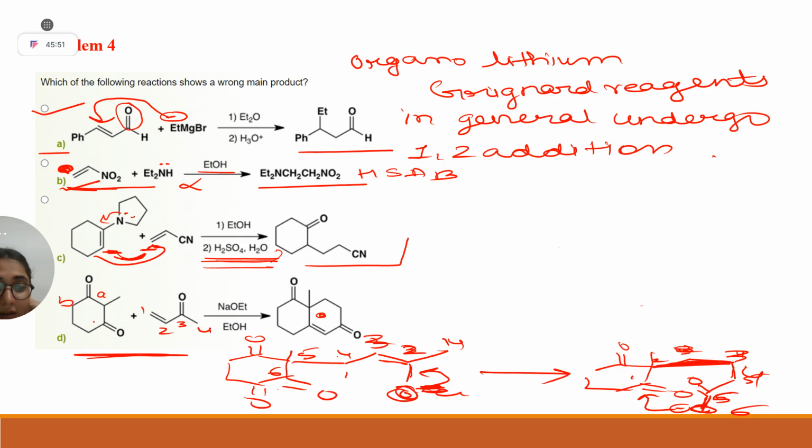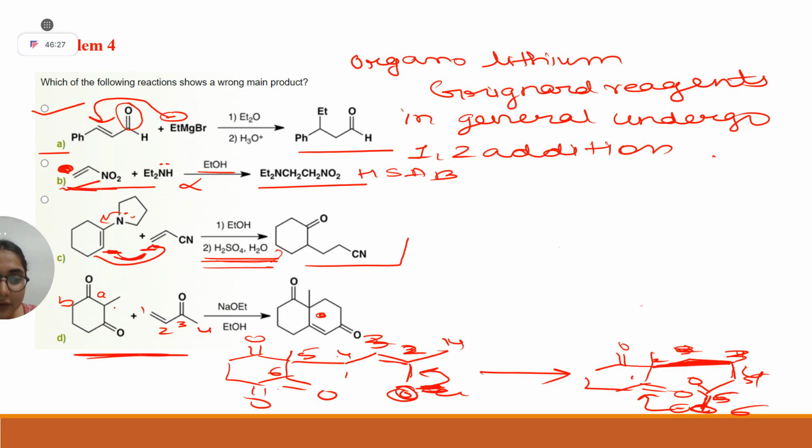Because there is only one possibility, right? See, the base has to abstract a proton. In these types of reactions, the sequence also matters, that is, what substrate you take first. For example, let's say you have taken this cyclohexane 1,3 dione, then you have added base. First it will abstract this proton only, and after you leave this reaction for half an hour or 45 minutes, then in that reaction vessel you add this acceptor. Actually here the sequence matters. Yes, ma'am.